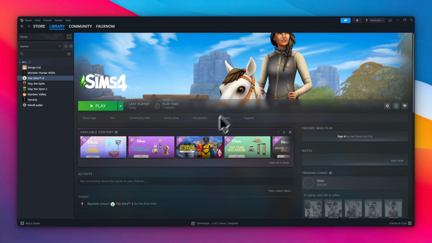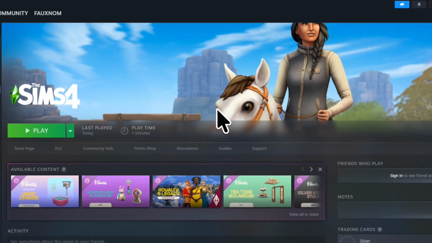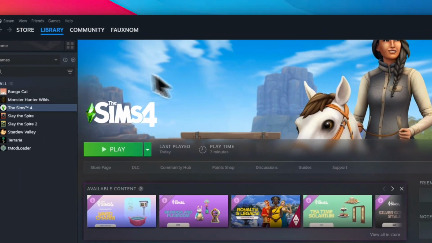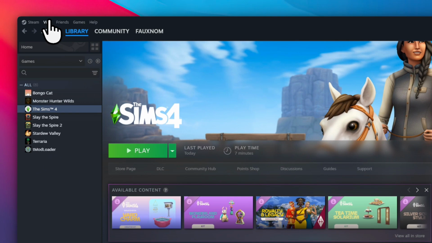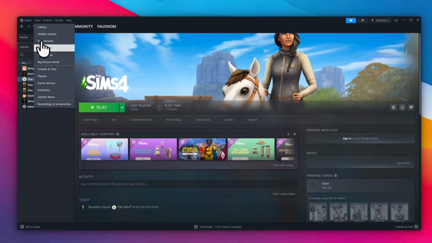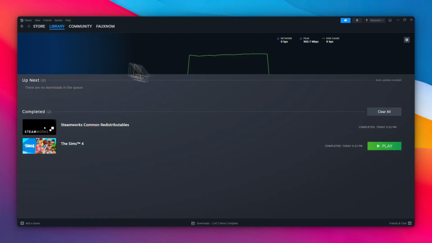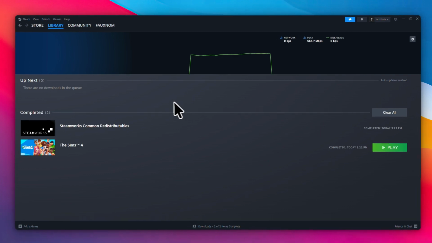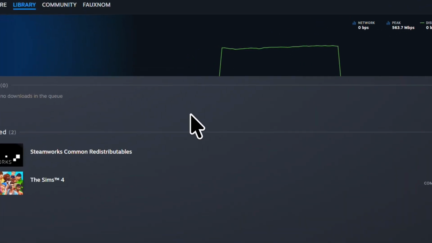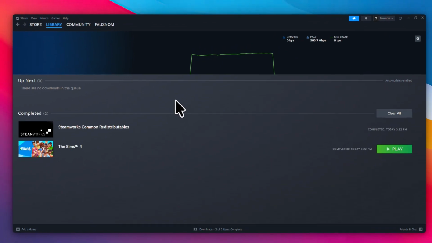First, make sure you have the Steam Desktop app open on your computer. We'll start from the main Steam window. Look toward the very top left of the app and click the View menu. From that drop-down, select Downloads. This opens the Downloads page, where you can see your active and queued items, along with tools to control how